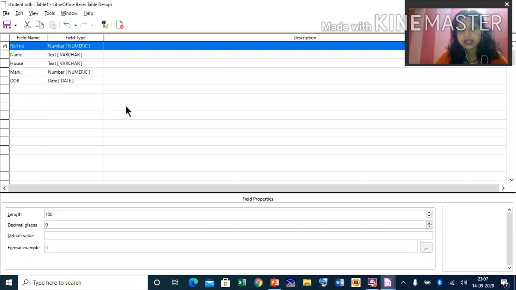As you select the primary key, a primary key icon will be available before that field. That means primary key is assigned, and no duplicate data can be entered in that field. Now after doing all these things, you save.